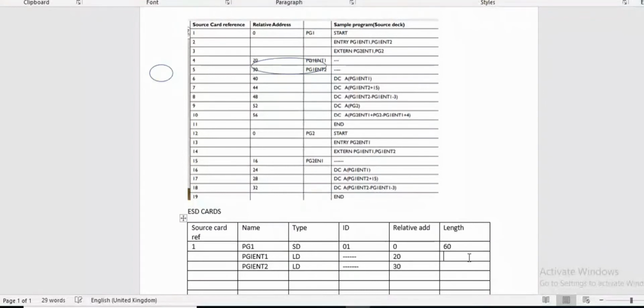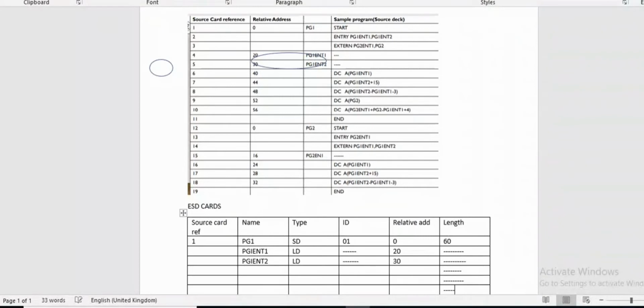There is no need to assign length for local variable. Just assign total length size to the first label and keep the rest of the things blank.